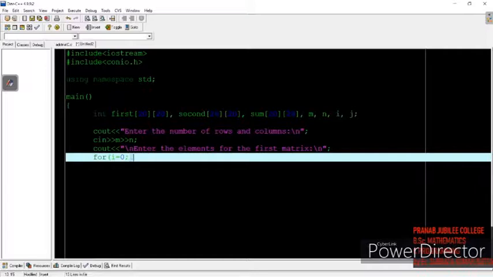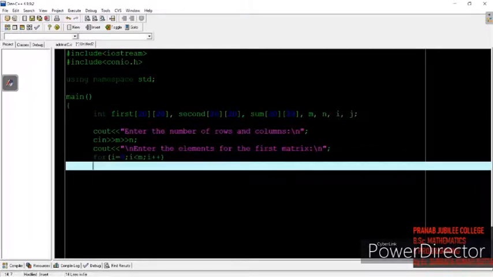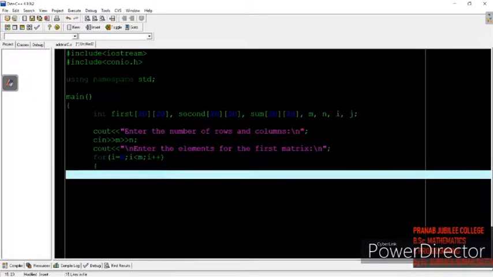The row value is represented by m, so i is less than m, not n. Inside it we run another loop for the column value. j starts from 0 and runs up to j less than n. Why n? Because n represents the number of columns and j is based on n.